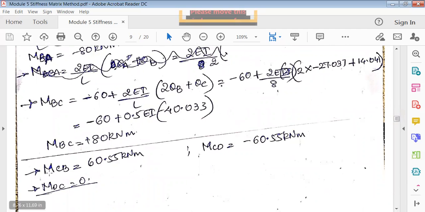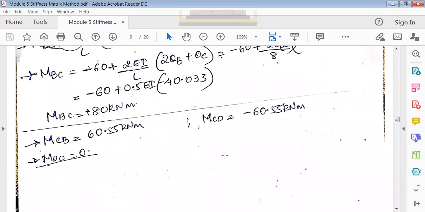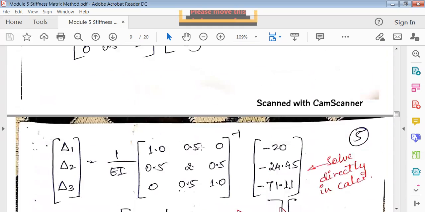And next MCB. Again the same thing, put fixed end moments plus 2EI by L, 2 times theta C plus theta B. These are equations which we have used previously in the slope deflection equation. The same formula should be applied here. And then finally MDC is equal to 0. Once you solve this, you'll get 0. So these are the final moments, and once you get the final moments, if you want, you can just draw the